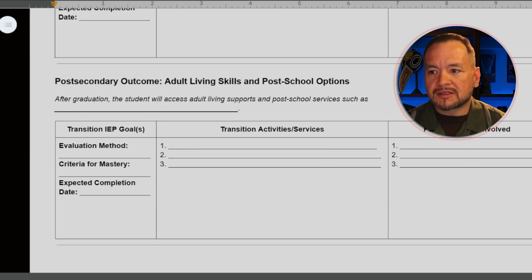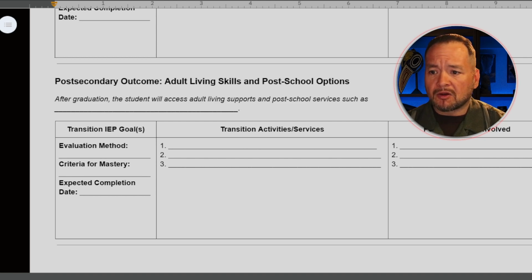The next section is adult living skills. And so with adult living skills, we're talking about being able to navigate systems like vocational rehabilitation or Medicaid, making sure that there are parts that bring those players into the meeting ahead of time. Because with voc rehab, if you just wait till 12th grade, then you've missed out on some important assets that they could have provided earlier, specifically the pre-employment training that they can provide.